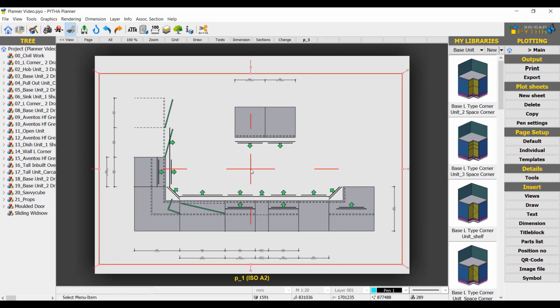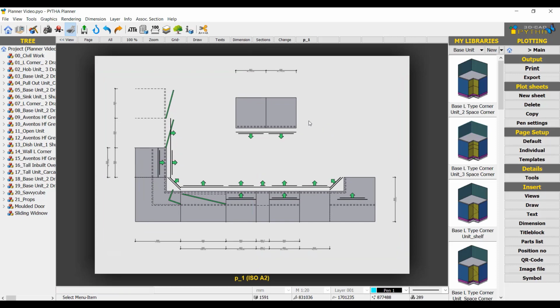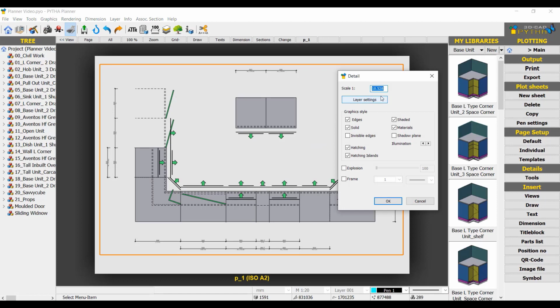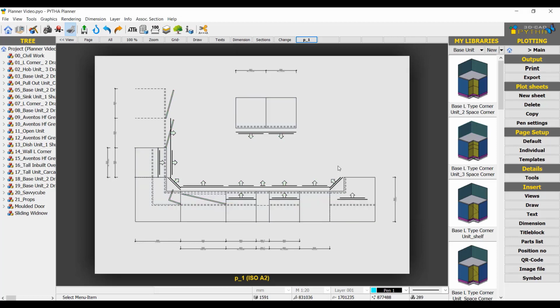Just click and drag. Again right click, go to properties. Here you can scale it by adding a dimension. You can make changes to layers. You can turn off or on your graphic styles. So this is how those faces will look. These are the indications of your cabinets, the placement of your cabinets and the opening of your cabinet externals. Let us now move to our sections and elevations.